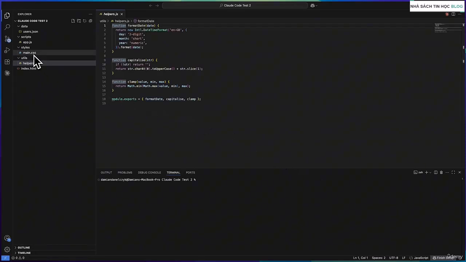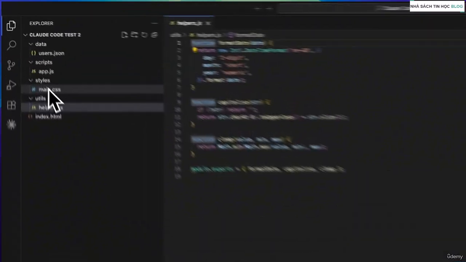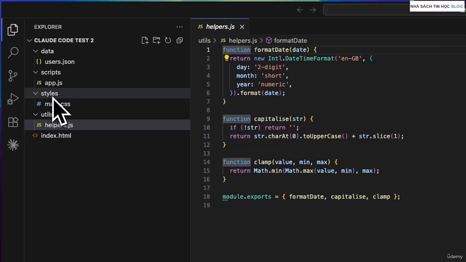Now, I actually used Cloud Code inside this folder to generate some simple demo files, just so you can see what a real project structure looks like inside Visual Studio Code. And straight away, you'll notice one of the big benefits of working inside an IDE, because you can see all your project files laid out on the left side in the File Explorer.